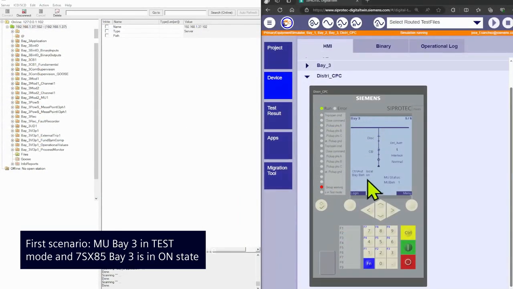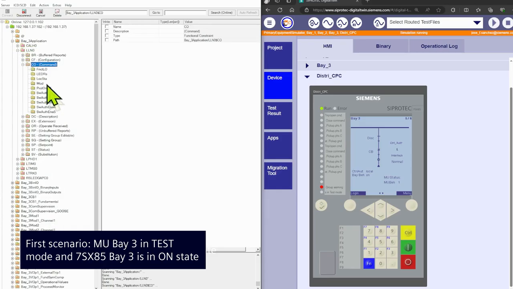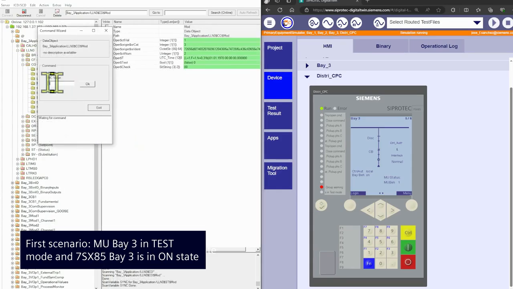In the first scenario, Bay 3 is in the on state, as is the corresponding merging unit, and the GOOSE communication between them is valid. This is demonstrated by the positions of the primary equipment received by the CPC. Proceed to open the command table. Switch to state 3, which indicates test. At this juncture, for example, the GOOSE messages sent by the MU to the CPC are considered invalid as they